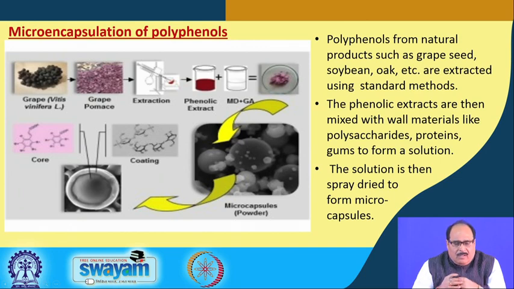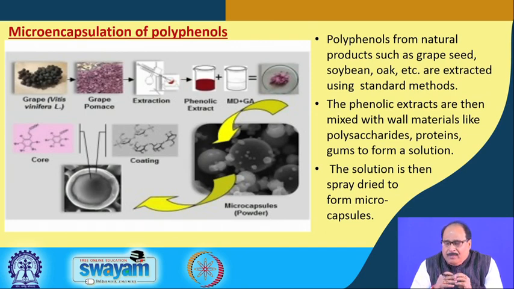Okay. So, the microencapsulation of polyphenols is another important area. Polyphenols have very good antioxidant properties and very good functionality, and in many foods many a times they are required to be added, but most of the polyphenols have a bitter taste. So, when they are added to the food material, they impart it. If these polyphenols are encapsulated and then used in the encapsulated forms, then their interaction with other food components can be avoided.